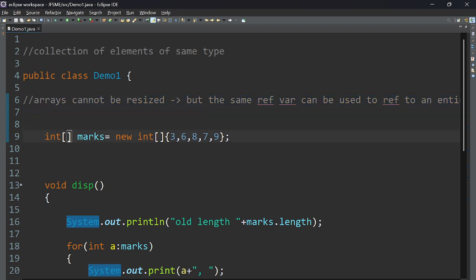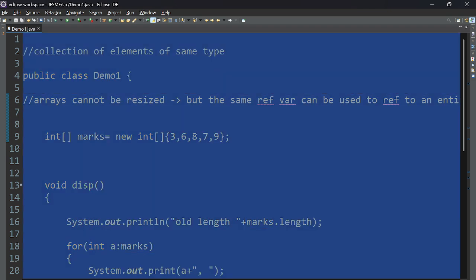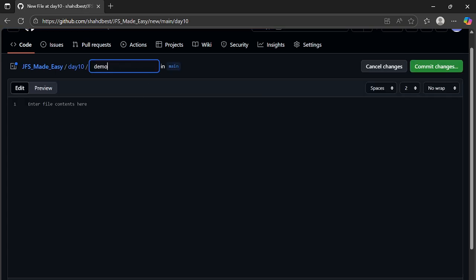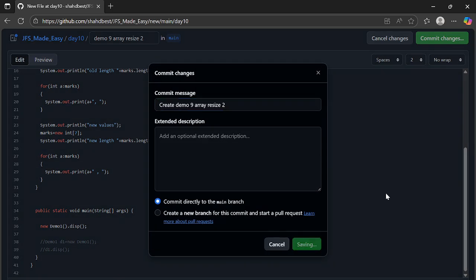But the same reference variable can be used to refer to an entirely new array, and in that case the previous elements will be lost. Hope this is clear to you. Now let me put this demo again into the repository. This is demo 9, array resize 2. Okay, so arrays cannot be resized, but the same reference variable can be used to refer to